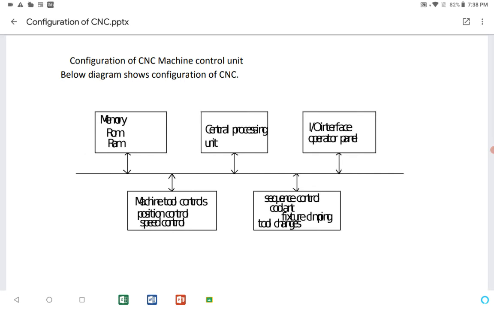Then the center one, the central processing unit, CPU. And then the third one, I/O, input output interface. Operator panel.